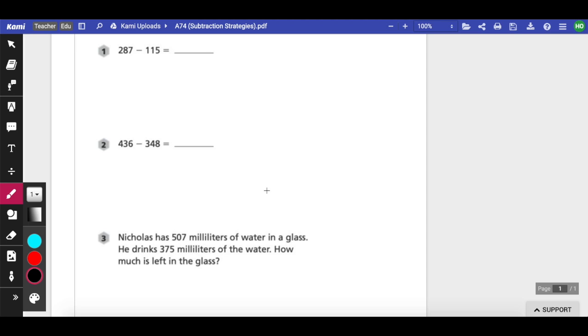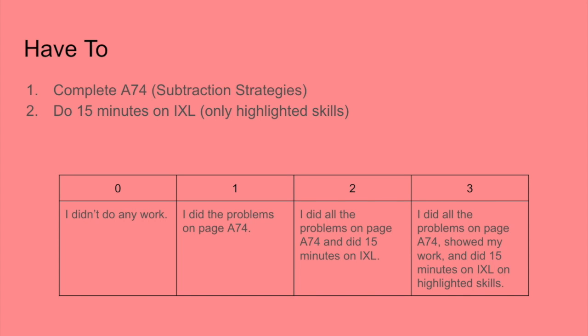Now let's take a look at your have-to. For today, you need to complete A74, which is subtraction strategies, and then do 15 minutes on IXL only on highlighted skills. Take a look at the rubric below, and in order to get a 3, you need to do all the problems on page A74, show your work, and do 15 minutes on IXL on highlighted